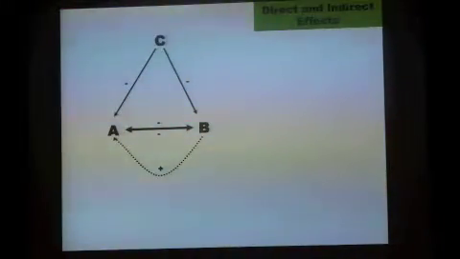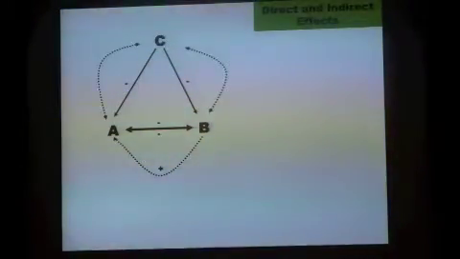We can also start thinking about the indirect effects in this community. So if the presence of B causes C to eat more B, then there's less of B to compete with A. And so the presence of B is really having an indirect positive effect on A. And there's less predation on A if C is eating B. And so that's just one indirect effect in this community, but you can draw other indirect effects as well.